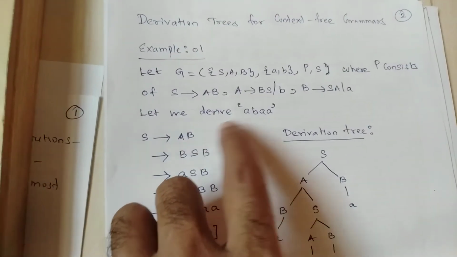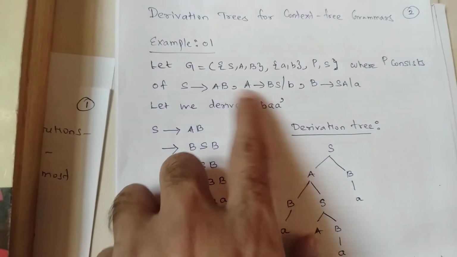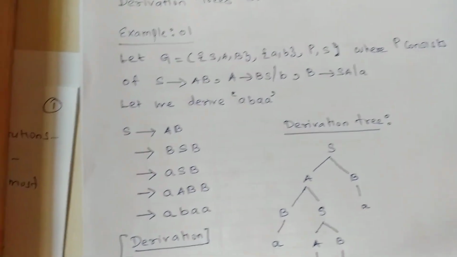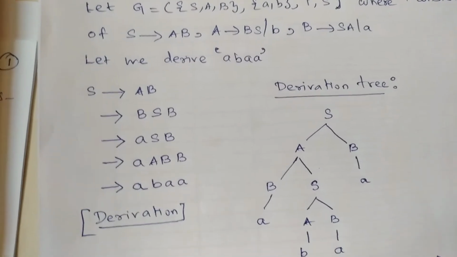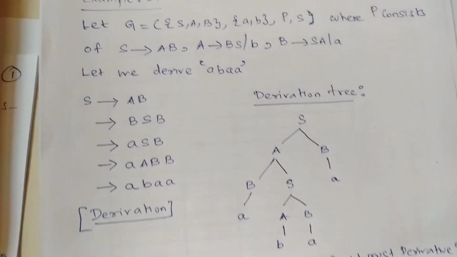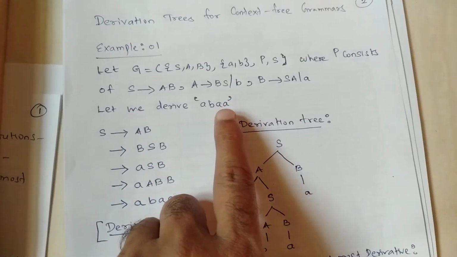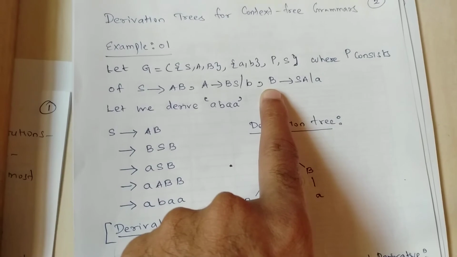How we substitute depends on the string we are going to derive. If there is more than one option, by trial and error we can substitute. That comes only by practice, so that you can determine after one or two derivations. Of course you can identify. So this is what we derived: ABAA is a string derived by this set of production rules.